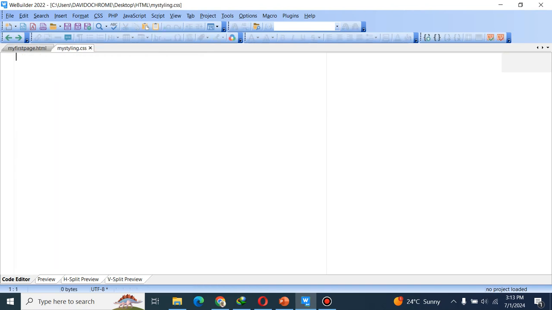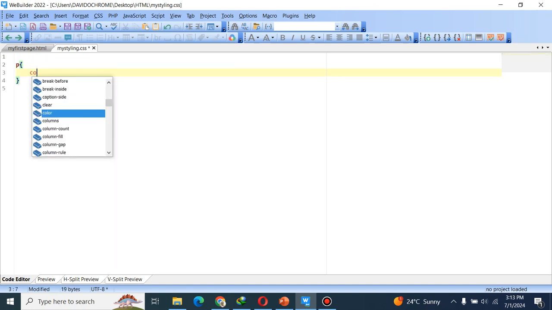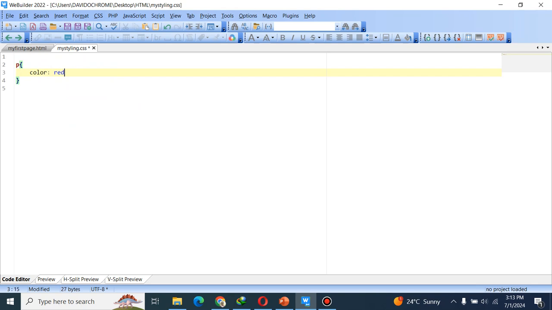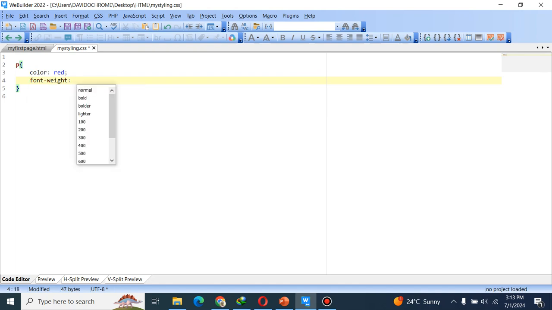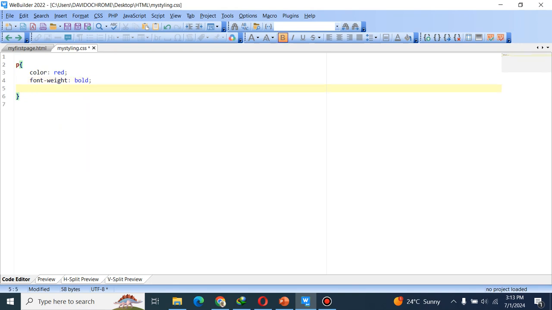So for instance, in this, if I describe my P, remember P is the paragraph. I want to style the paragraph, and I say the color should be red, the color of my paragraph should be red, and the font weight, we have some suggestions on this. Font weight, let's say it should be bold. Okay, you can even include text decoration or even a background you can put, but